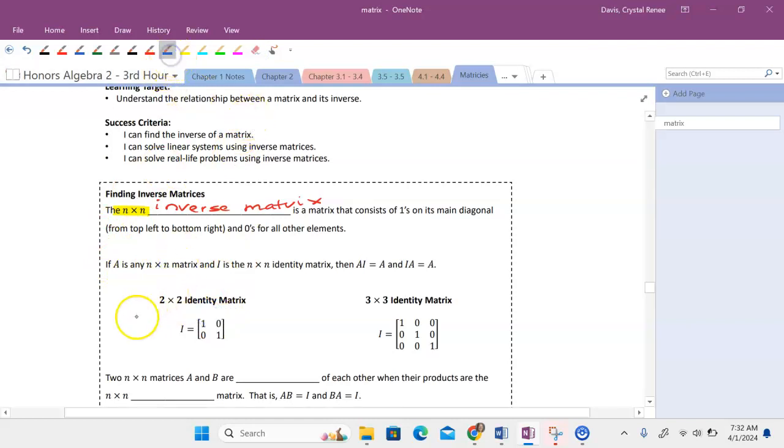So in 2 by 2, this is its diagonal. A 3 by 3, this is its diagonal. Okay. 4 by 4, you'd have 4 across the diagonal. And the reason it's such a thing, or that we need it, is right here. Okay, so if A is any n by n matrix and I is the n by n identity matrix,